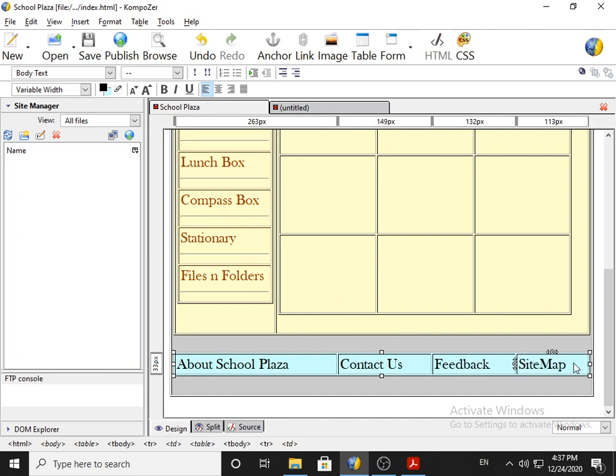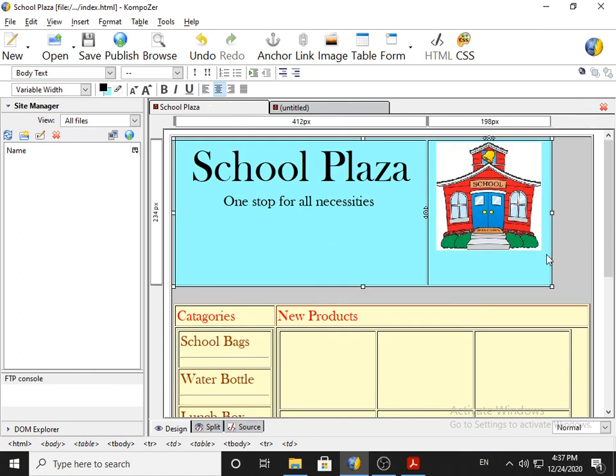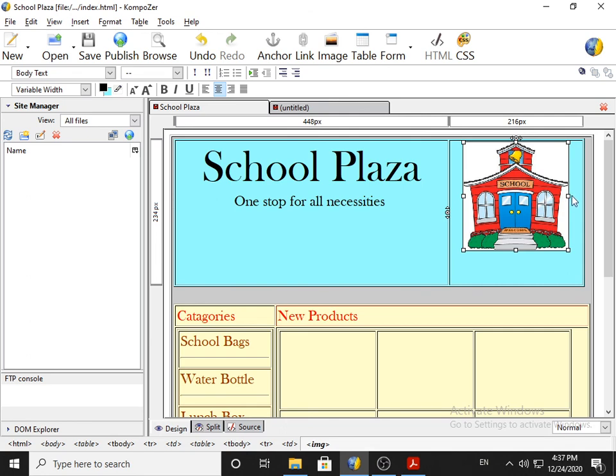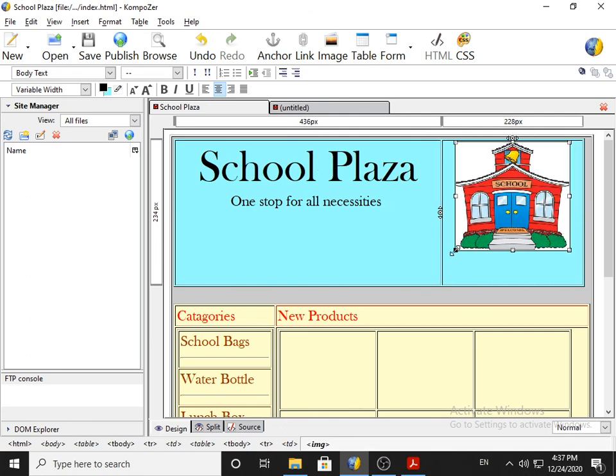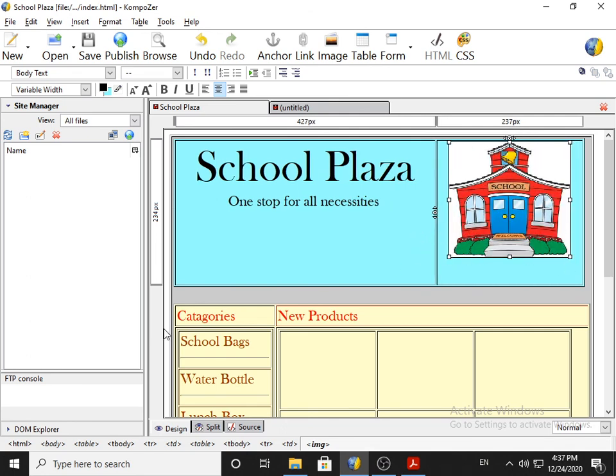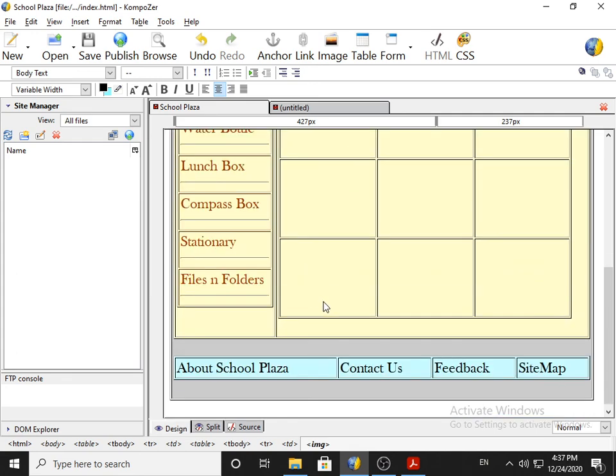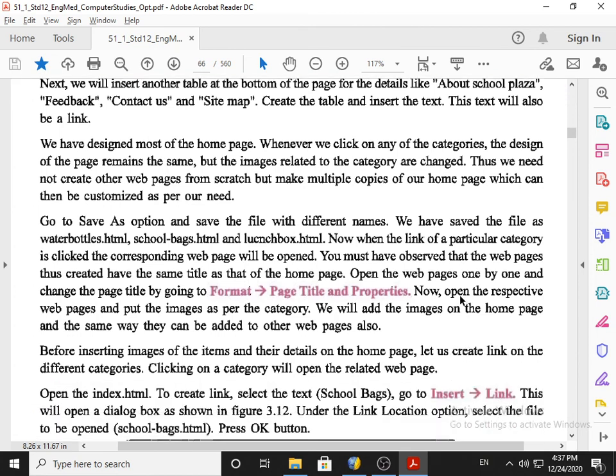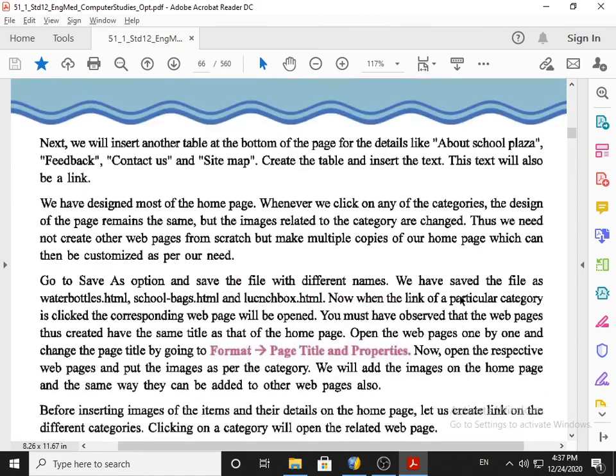Okay. So now our home page is almost in a ready condition, and it is up to you how you can make it still more beautiful. It's your choice of colors and other things. Now next we have to learn how you can design the link, but that we will discuss in the next lecture. Today we will keep up to this.